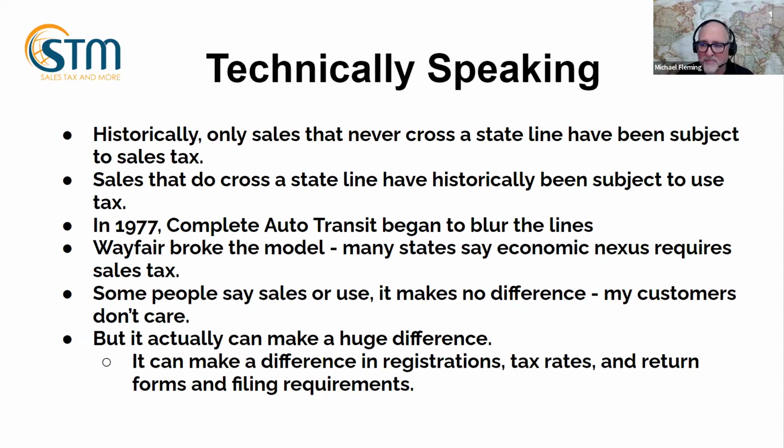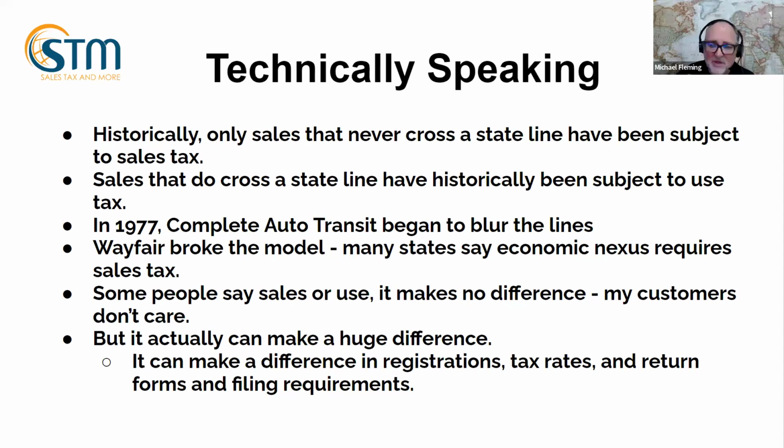We'll go through a couple of examples of that, but not all states. We'll go through an example of that also, because some states still make a distinction between a seller's use tax and a sales tax. Most people don't care. It doesn't make any difference to a lot of sellers. I mean, are you collecting a sales tax or are you collecting a use tax? You're collecting a tax. Unless you're a tax person, it really doesn't make a difference. If I'm paying something, who cares what you call it? I'm still paying a tax.